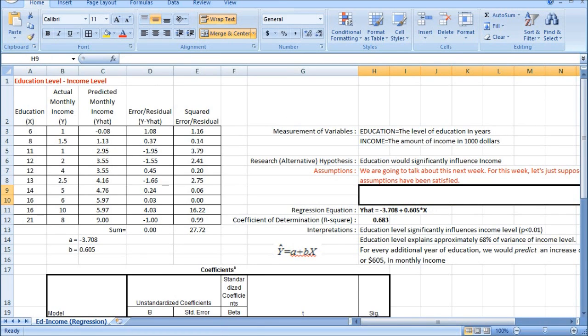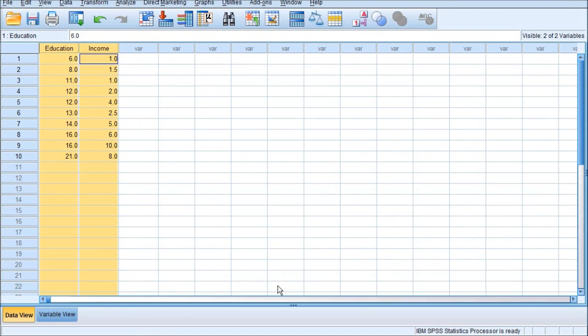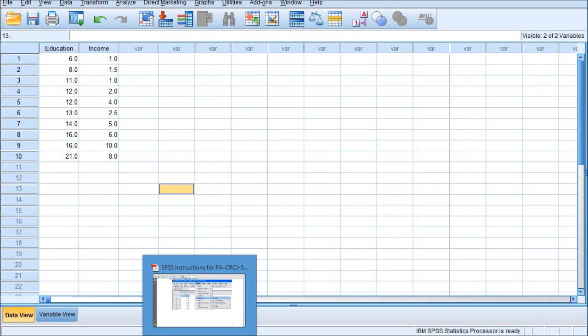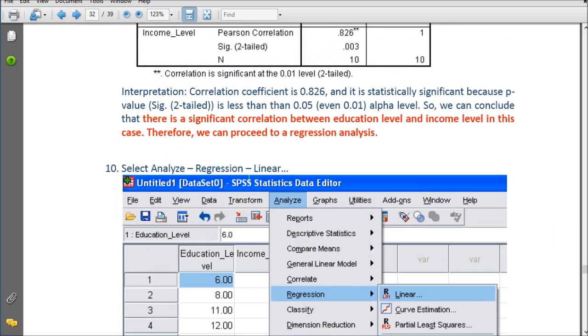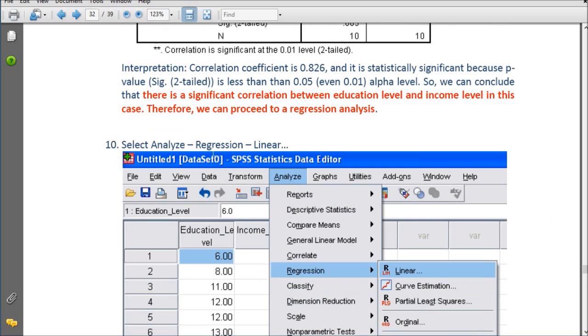Let's do it. Let me start from step 10 on the SPSS instructions. I'm going to start with regression analysis.